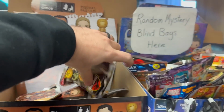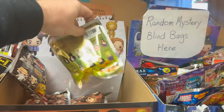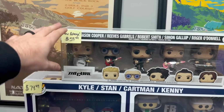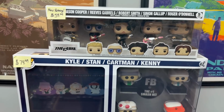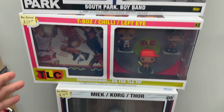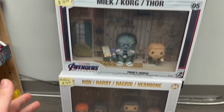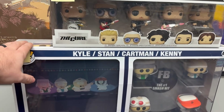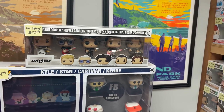They have Jurassic Park, Star Wars, The Office, My Hero Academia. Right here we have a 5-pack of The Cure. Great Rocks Pop right there. And then look how large these albums are. You definitely need some space for these, but they're super cool to see in person like this. Definitely ones that I would recommend buying in person if you could, so you don't have to risk damage with